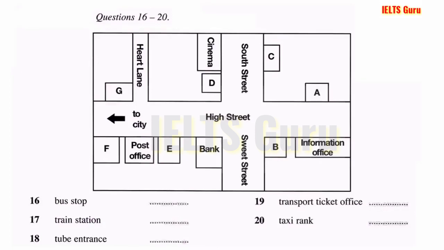Okay, thanks. How can I get from here to Hackney then? Right, well, you can choose. We're here at the information office, OK? Now, next to us, on the corner of the High Street and Sweet Street, is the bus stop, opposite the bank. The bus goes all the way to Hackney, but it is a very indirect route, so it could take ages.